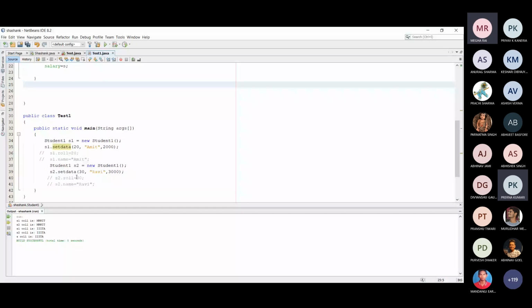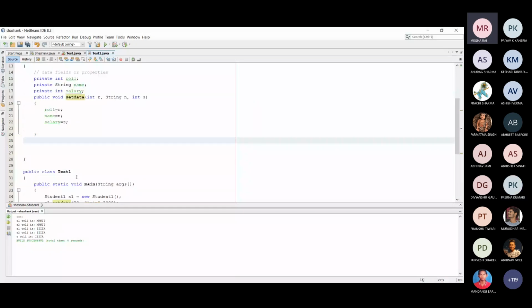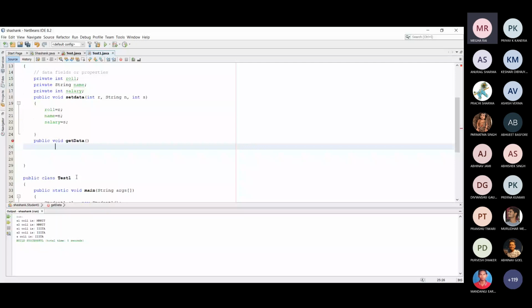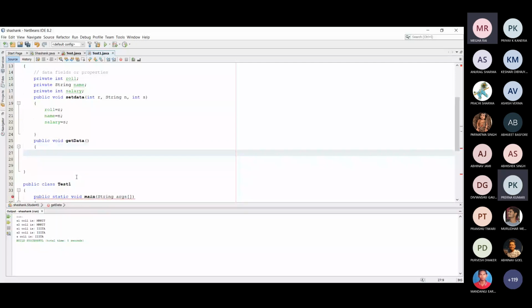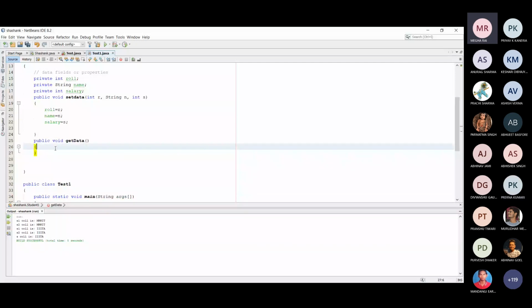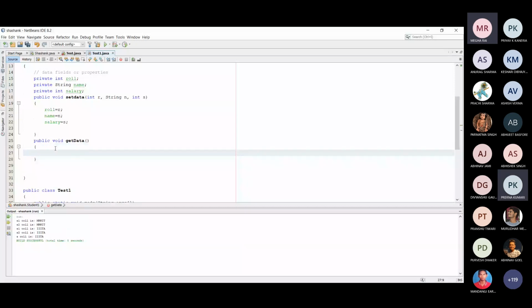In order to access or display this data, we need to declare another method, public void getData. In this we need to display the roll number, name and salary. So how can I display the data?